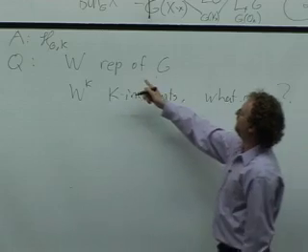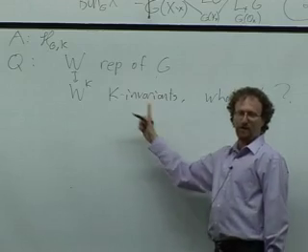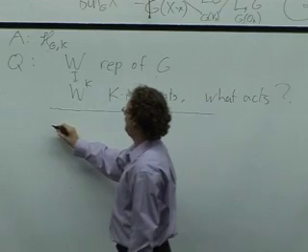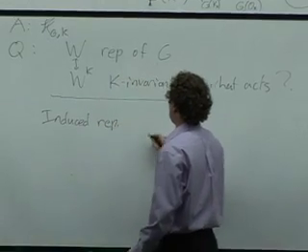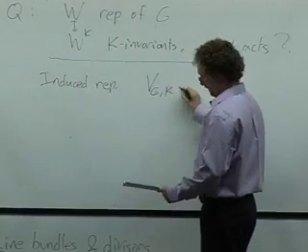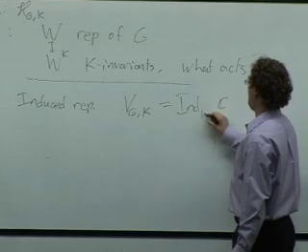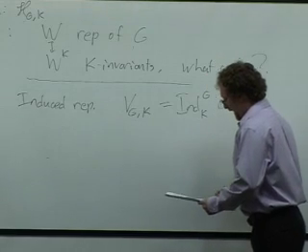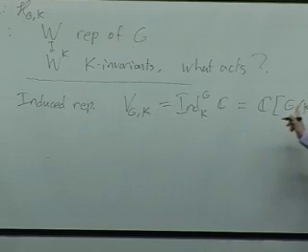You can think of this functor from representations to the K invariants. It's a functor from representations to vector spaces. You can take the adjoint functor. So what does this mean? There's a very nice representation, which is the induced representation of the trivial representation from K to G. The induction is the adjoint of taking invariants, and it has a concrete description. It's just functions on G mod K.